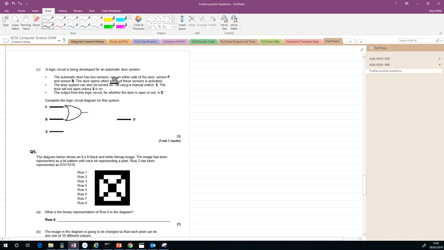The door system can also be turned on or off using the manual switch. The door will not open unless the switch is on. So the switch must be on. So this must be an AND. The output from this logic gate, so these must both be on. So if both of these are on, then